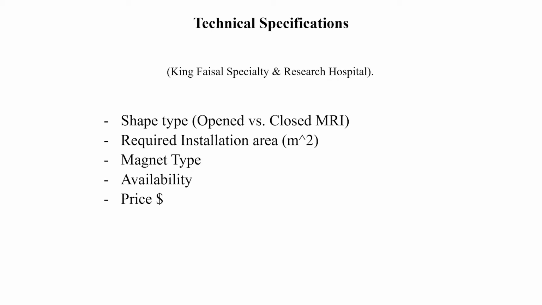For example, the Gaussian area, so we avoid a lot of dangerous things. Also, the magnet type is very important in our decision. The availability also of the device is important in making the decision, because the maintenance and the